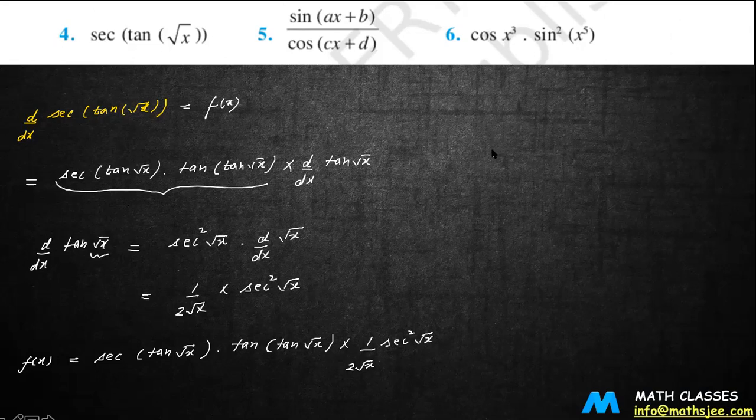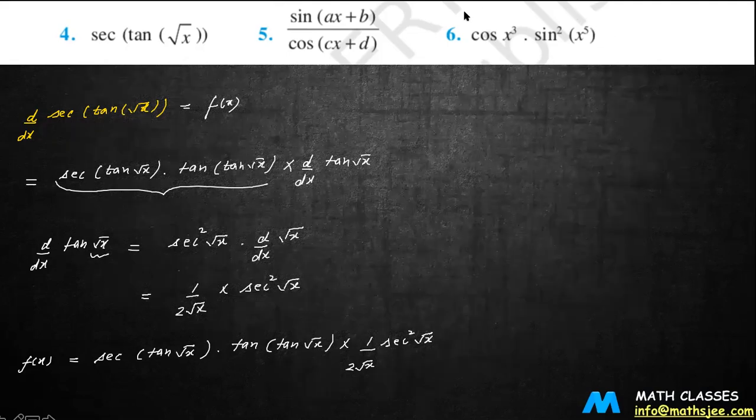Now let us come to this part, which is question number 5. अब in question number 5, you know that you have the form of u by v, ठीक है? आपके पास u by v की फॉर्म है. तो u by v की फॉर्म के लिए आपको पता है कि if you have the derivative of the form u by v, d by dx of u by v, यहाँ पे क्या हो जाएगा, आपको ये पता है कि this will be divided by v square, v as it is u का डेरिवेटिव माइनस u as it is v का डेरिवेटिव divided by v square, right? You can follow the same thing in question number 5.